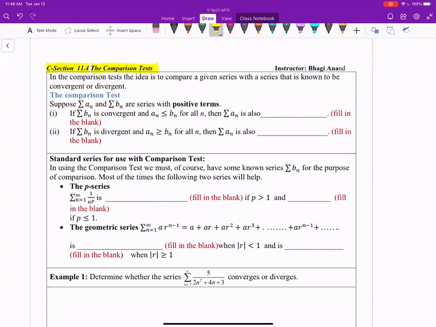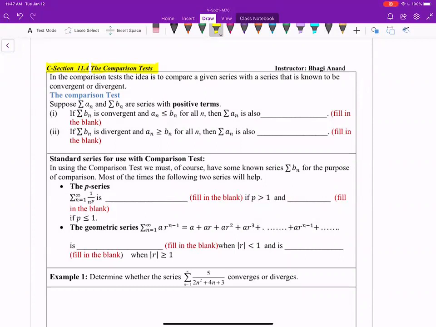Then in 11.2 we covered series, mainly the geometric series and the P series: when the geometric series converges, when the P series converges and diverges, and so on. And then in 11.3, you saw the integral test. Prior to that, you also saw the test for divergence, and then the integral test. And the next one that you're doing in this section is